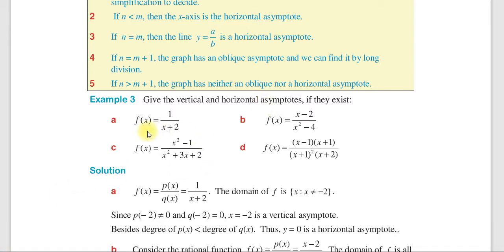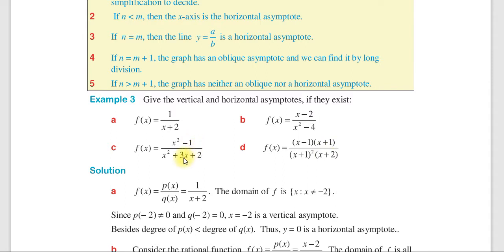So a: f of x which is equal to 1 over x plus 2. b: f of x which is equal to x minus 2 over x squared minus 4. c: f of x equals x squared minus 1 over x squared plus 3x plus 2. And finally d: f of x equals x minus 1 times x plus 1 over x plus 1 whole squared times x plus 2 ይለናል። ኦኬ፣ ስለዚህ የነዚህን ሆሪዞንታል እና ቨርቲካል አሲምፕቶት ካለ